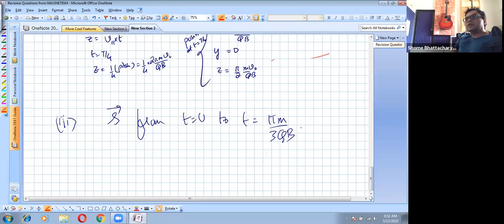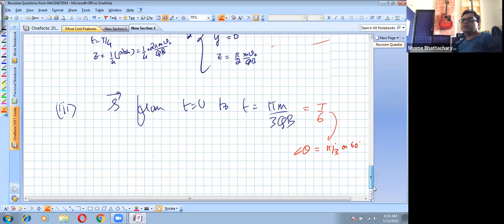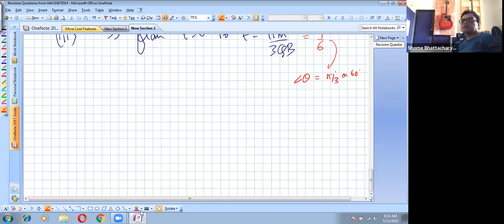Okay, so the third part, this time you can see is 1/6 of the time period. So 1/6 of the time period means your angular displacement for the uniform circular motion is how much? It is 30 degrees. Sorry, it's 60 degrees. Pi by 3 or 60 degrees. So that is why the question becomes a little bit complicated. Okay. So in this case now,